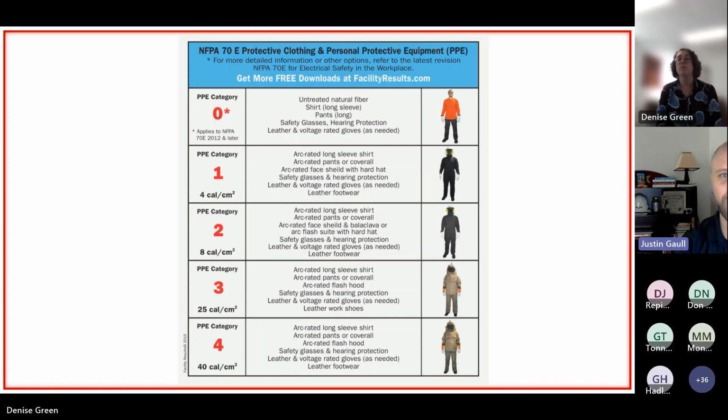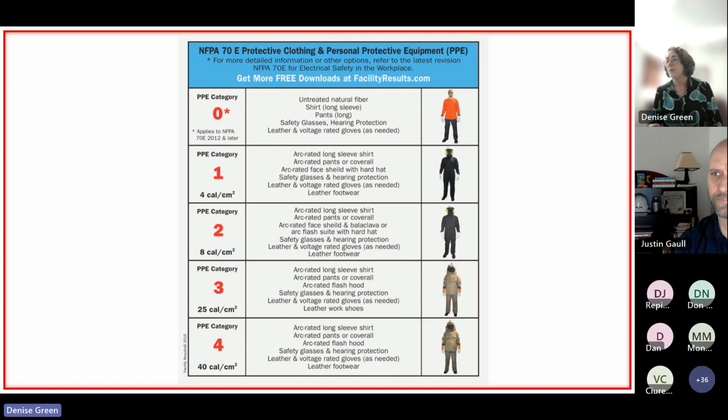So sometimes finding that normal operating condition is common. But I would definitely say that if you're asking employees to wear PPE above 40 calories and do switching and operating, you should very much make sure you have a robust electrical safety program documenting why you think that's okay. That's definitely an onus on the equipment owner on those procedures,